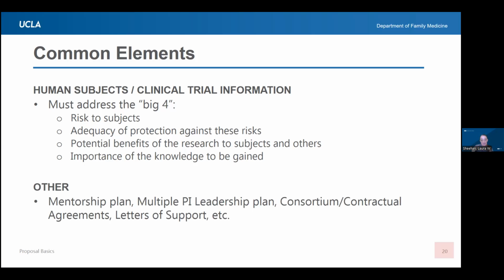Other sections that I'm not going to get into, but you should be aware of: if it is a career development award, you might have a mentorship plan that you need to write. If there's going to be more than one PI, there's going to need to be a leadership plan so that you explain which PI is in charge of what. On that note, don't have more than 2 PIs. It is very rare that you would ever have more than 2, and you should probably be very well established before you suggest having more than 2 PIs. And letters of support, whatnot.